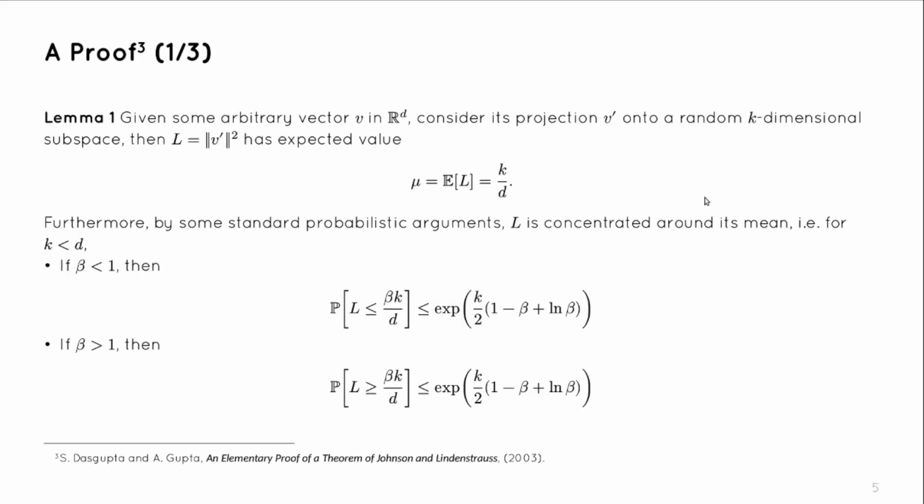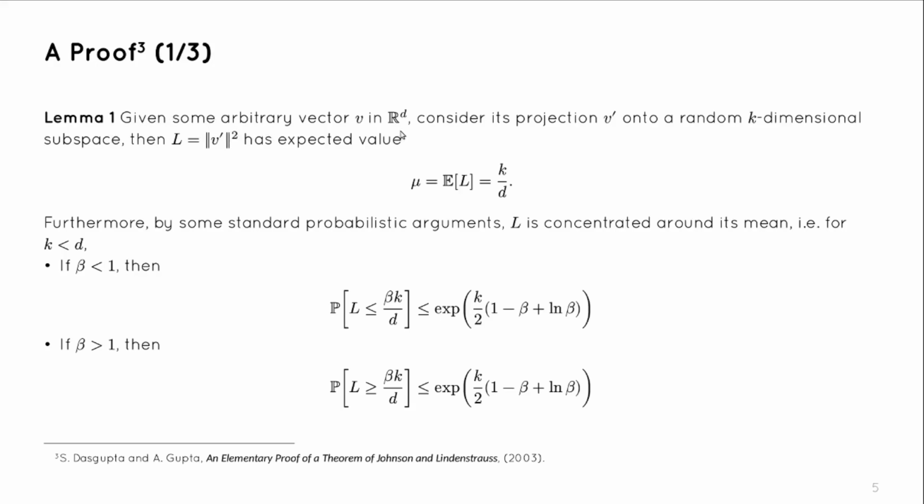So I'll just briefly cover a proof of the Johnson-Lindenstrauss lemma. The actual proof in the original paper by Johnson and Lindenstrauss is, as always in this case, very complicated and long, but people have been improving and simplifying the proof. This one is from the paper by Dasgupta and Gupta, and it's similar to other proofs that we can find. So the rough idea is that